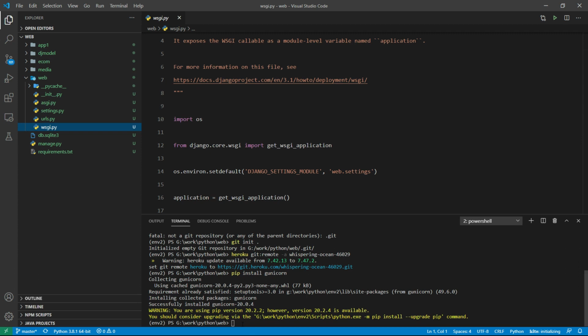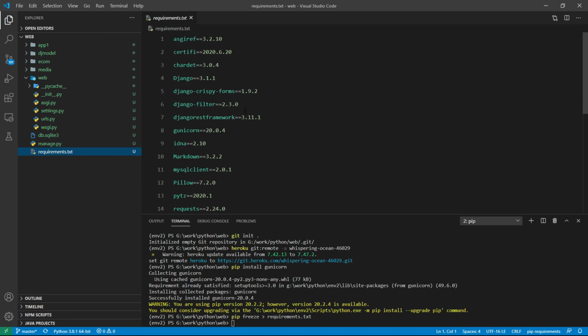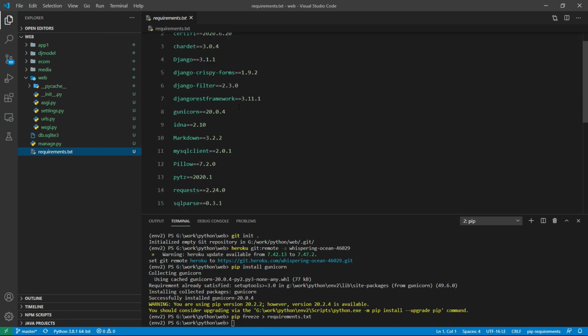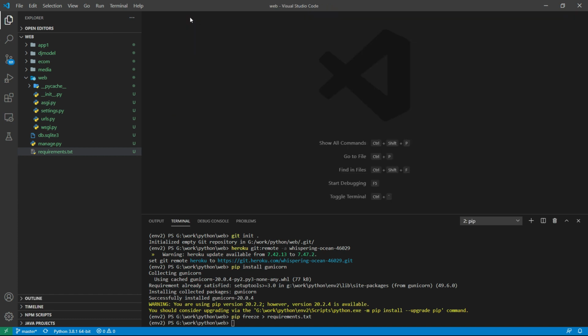So once this is installed, we need to create the requirements.txt file by using the pip freeze command. So our requirements.txt file is now updated and it should contain all the things that we have used so far. So here is gunicorn, and we are using version 20.0.4. Now, once this is done,